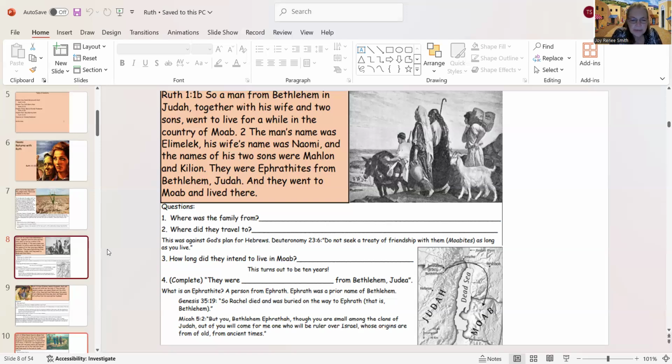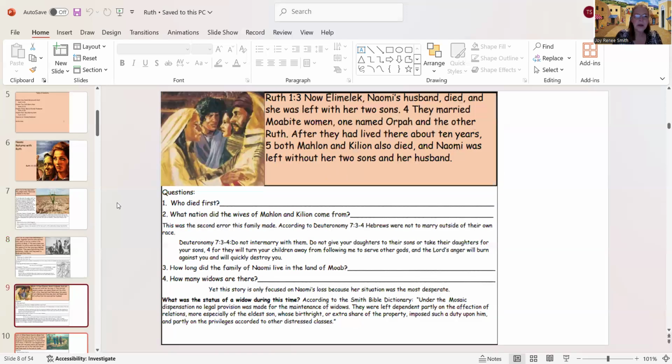Side note here, I actually learned about the name Ephrathah when I was in the Philippines as a missionary, and there was a church retreat area that was called Ephrathah, and that's how I went, Ephrathah, what does that mean? And so I was able to find and discover that it meant Bethlehem. So that's pretty cool. Anyway,